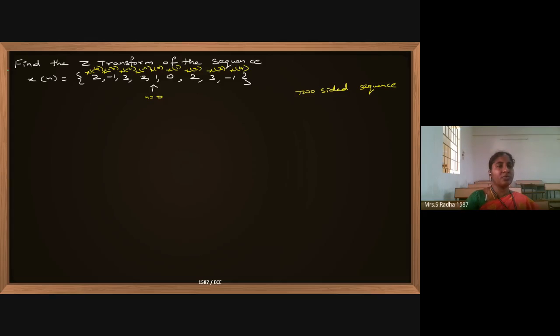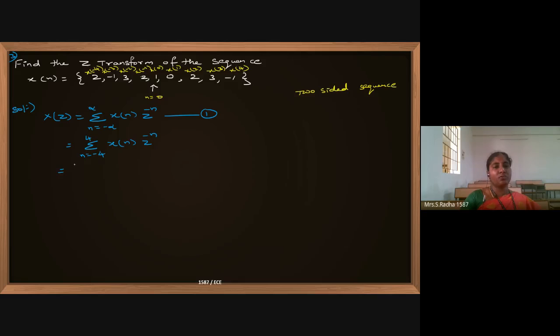This is the third problem we are doing in Z transform. And coming to the solution, x of z, the standard formula, summation n varies from minus infinite to plus infinite, signal into z power minus n. This is the formula for Z transform, equation 1. Now if you see the given question, n value is present from minus 4 to plus 4. So directly I am going with those values only.